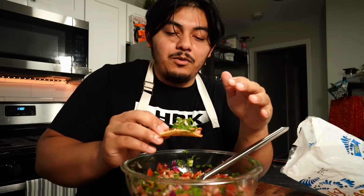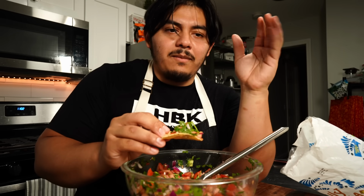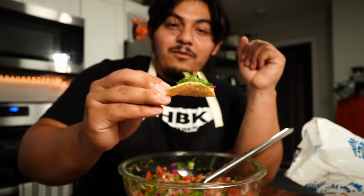The jalapenos really come through. That garlic powder I really enjoy because it's not like the raw garlic where it overpowers the whole thing and makes it super spicy. It gives it that nice little hint. The right amount of salt too. Ooh, and the lime juice all together, the tomatoes, makes it the perfect dipping condiment for basically any party, any event, or you know, if you want to come over, if you want to slide, I got some for you. Maybe a little too much, but